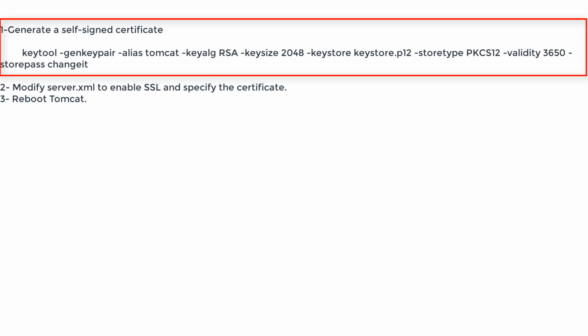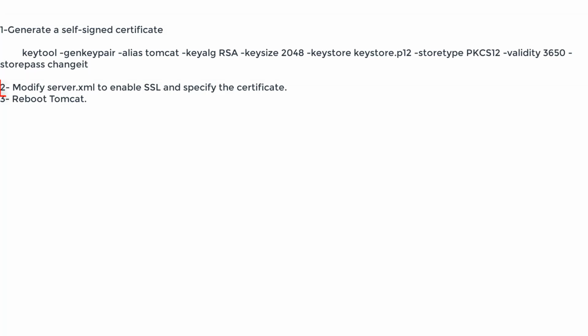Obviously, in the real world, when I am working in a company, what I am going to do is use a certificate that has been authorized by a reliable company and that therefore I can use within my company, for example, a certificate that corresponds to the name of my company. But for this video, we're going to use a self-signed certificate that's going to allow us to do the secure configuration test inside Tomcat. Then we will see that we have to modify the server.xml,